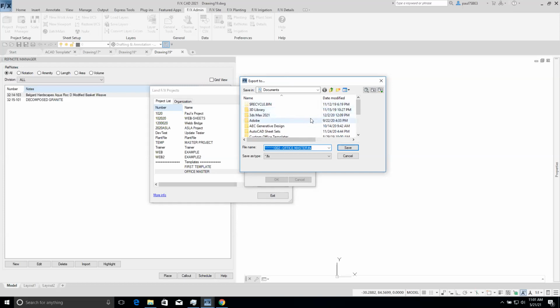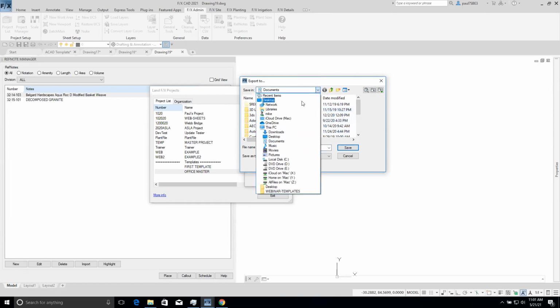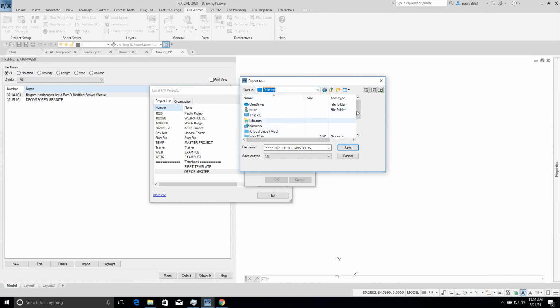somewhere that maybe it's not saved in with your other data backups, because something could happen to your LandFX file and your project template. You want to have it someplace separate than everything else, so that you have a good way of going back to it and minimizing a fail point there. So give it a name, save it somewhere. I'm just going to save it on my desktop because